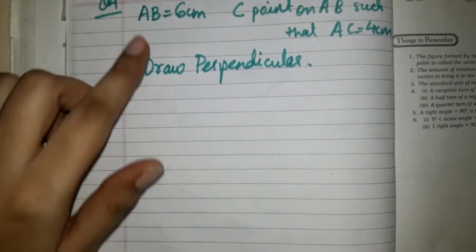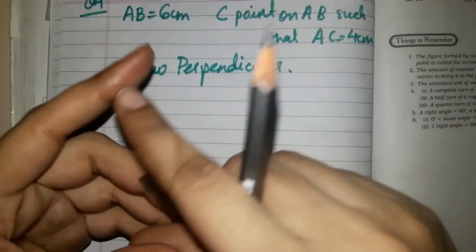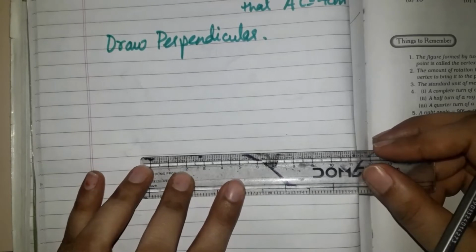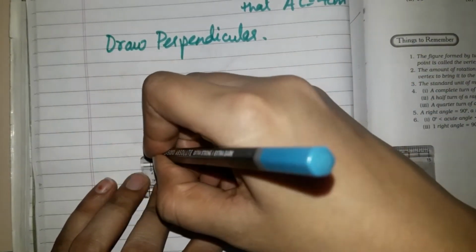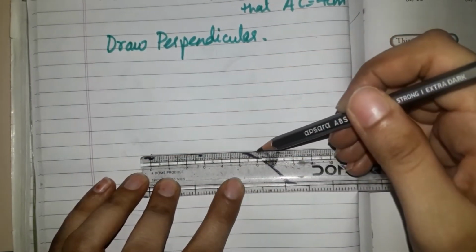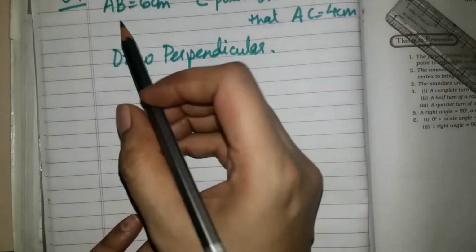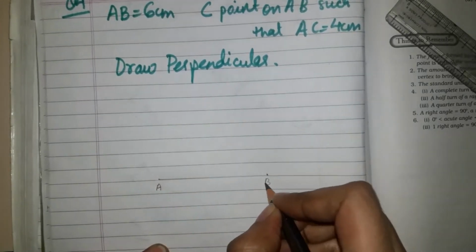First they are saying to draw a line AB 6 cm. For this now you need to have your scale. Take a sharp pencil and let's draw a line of that measurement. At 0 I'll place a dot showing that this is my starting point, and I'll place a point at 6 showing that this is my ending point, and we have to name it AB. So I'll name it AB.